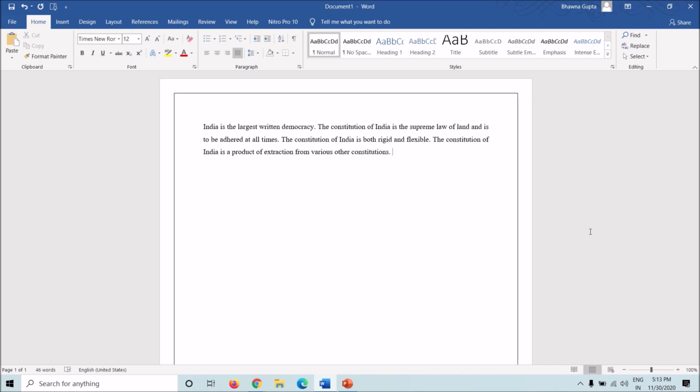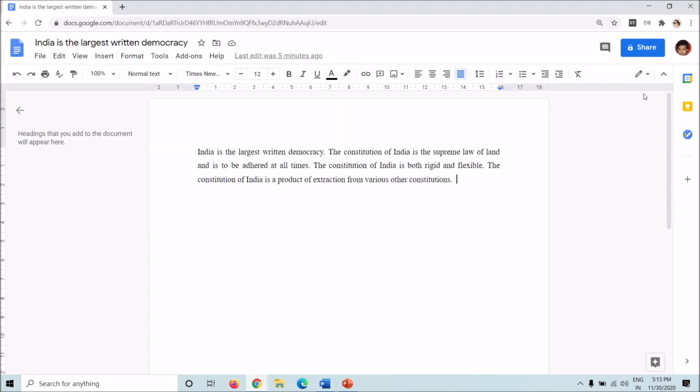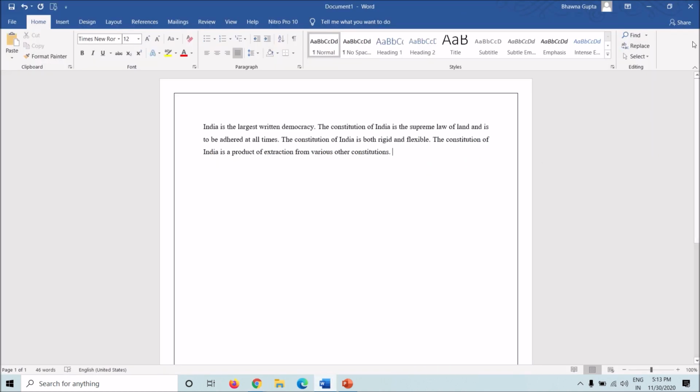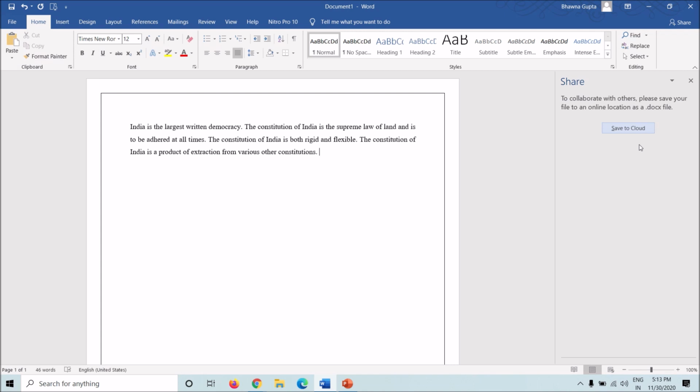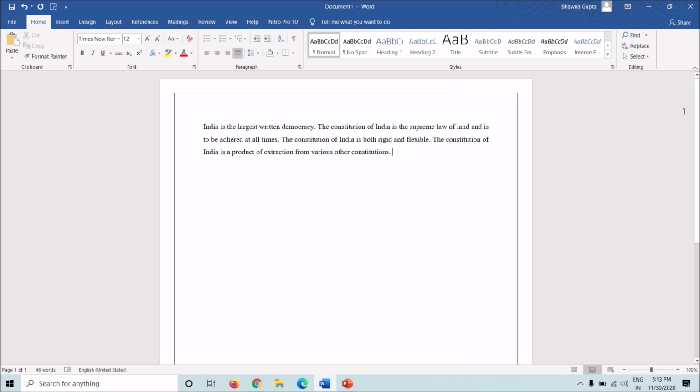Docs is a major lifesaver, because in Docs you simply have to share your file with your friends through email, and all of them will receive this document in their Gmail accounts, and then all of you can work on the same document at the same time. With Word, it's not that easy, because for sharing you'll have to share it on the cloud, and then they'll make changes, and it becomes a bit difficult, which Docs provided in an easier way.